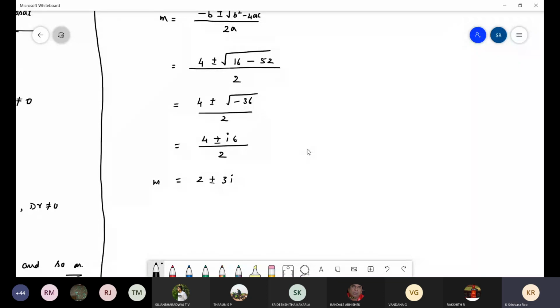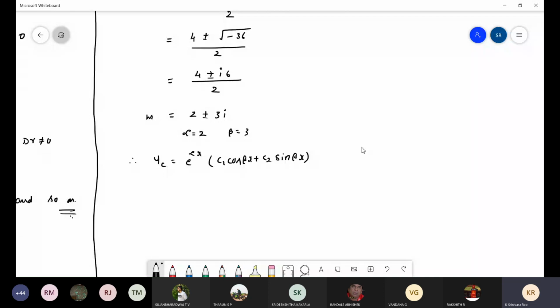Again, it is a quadratic equation and we have two roots, but the two roots are complex. So alpha equals 2 and beta equals 3. Remember the formula, case 3. If it is a complex root, it should be in terms of alpha plus or minus i beta. What is alpha, what is beta, write down. Therefore, what is yc equals? e power alpha x, that is e power 2x. If I want, I will write one more time the general formula: e power alpha x into c1 cos beta x plus c2 sin beta x. So this is the formula for the complex imaginary case.